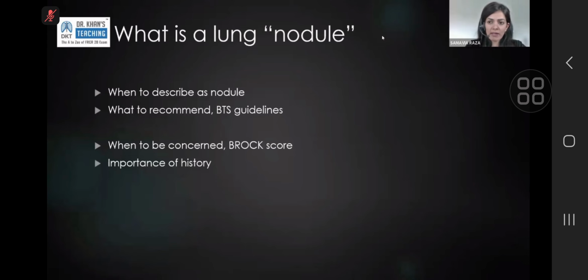What I was talking about in the beginning, and I will do again, is lung nodules. What is a lung nodule? People use this term very flippantly, almost too casually. We don't realize the implications of it, and I'm hoping today you will. When we call something a lung nodule, we're labeling somebody with a focal lung pathology. And almost automatically, it starts a cascade of unnecessary follow-ups, unnecessary referrals to respiratory,